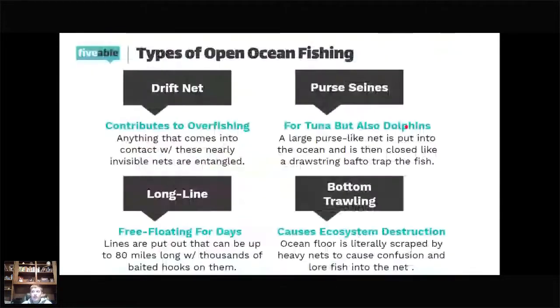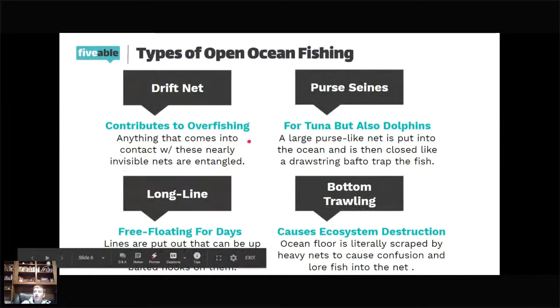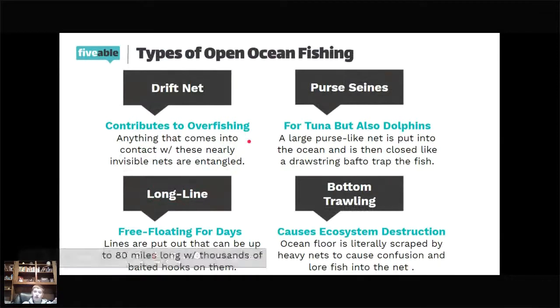Driftnet fishing is the biggest contributor to overfishing. I'm going over all the different types of fishing right now, Tanya, so hopefully you can understand better when I'm done with this and we go through the diagrams. So driftnet fishing, it's the biggest contributor to overfishing. And basically what happens with driftnet is they're going to send a net out from the boat, and any fish that comes into contact is going to become entangled in these invisible nets. So it's not good for fishing because we're going to take way too much fish out that we don't want to eat and we don't even need to eat.